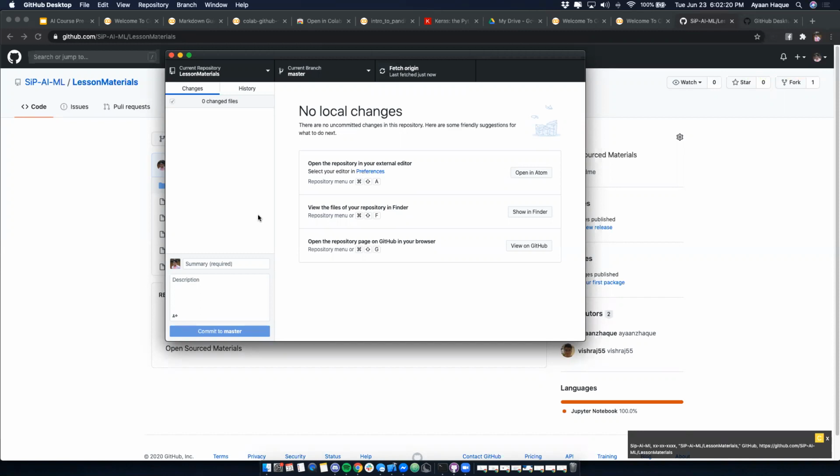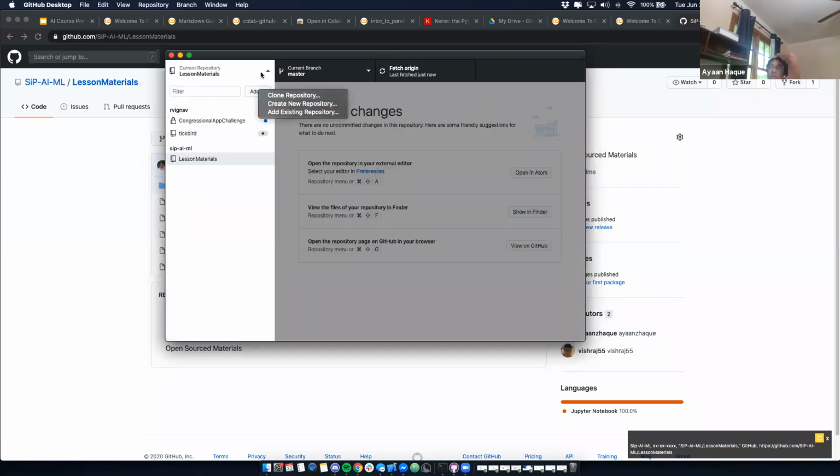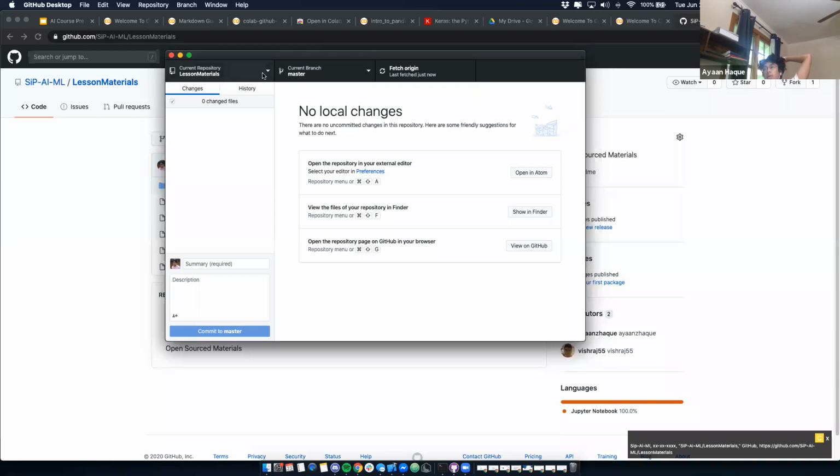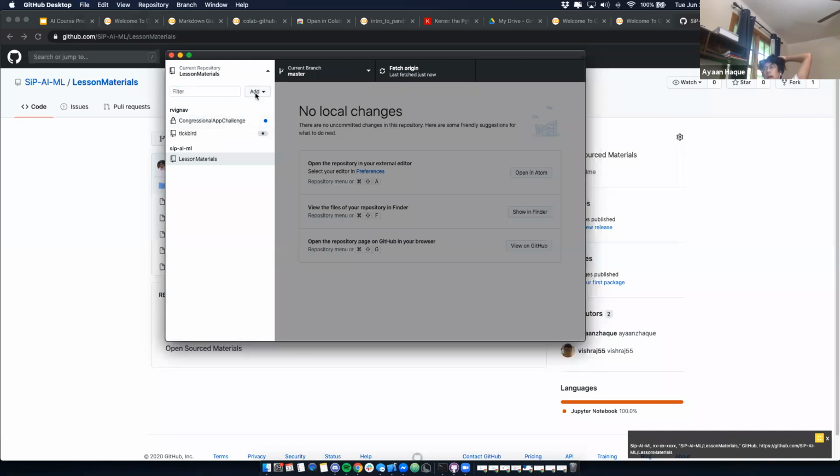We're gonna finish up right now, just so I can quickly show you guys this. But basically, to clone, you're gonna click on this little arrow right here, or you can do file, clone repository, like that. Then you would do add, create new. Someone said they can't click clone. Why? What is it? What do you mean?